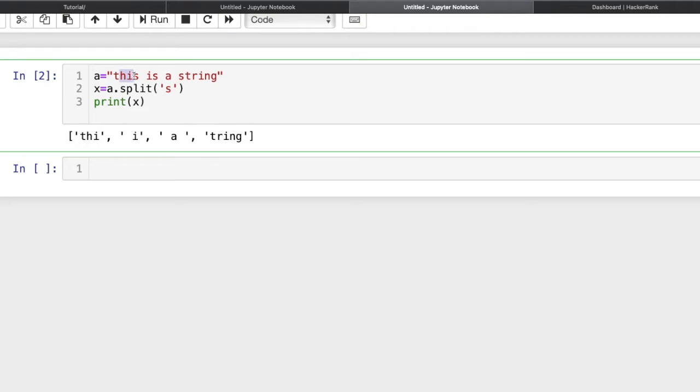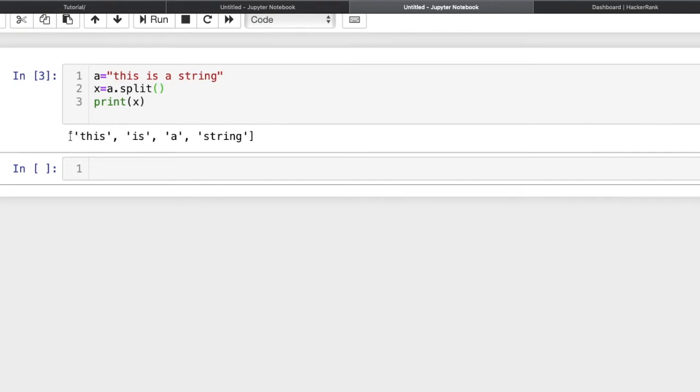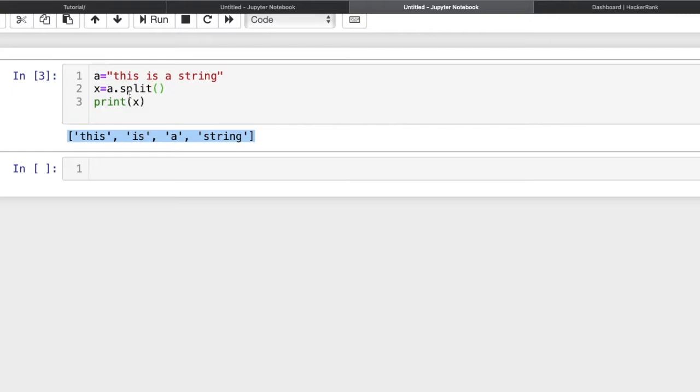It is split on the basis of this character s. After that we got a space and then i. So this is how it works: if we are passing the delimiter, it works on the basis of that delimiter. Now this is our list which we got after splitting.